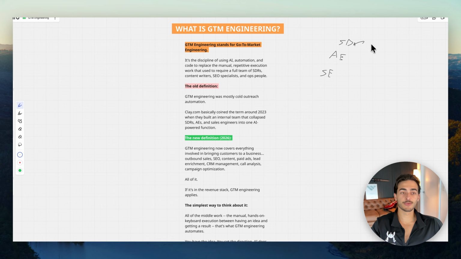So the SDR is doing lead gen, okay? The AE is obviously working deals. The sales engineer is working with the AE basically as the brain or the dev, but in a sales sense, because they're so big. So, oh yeah, we can do this integration with you and here's how much it would be, like that sort of stuff.